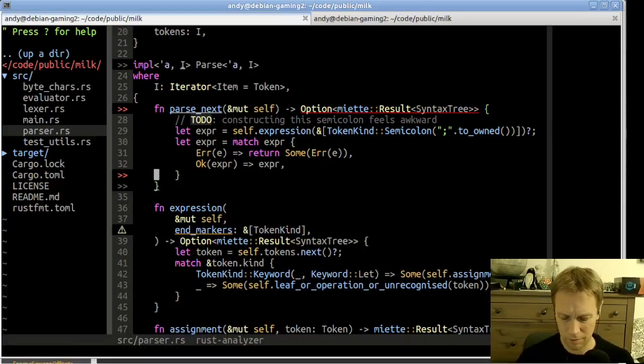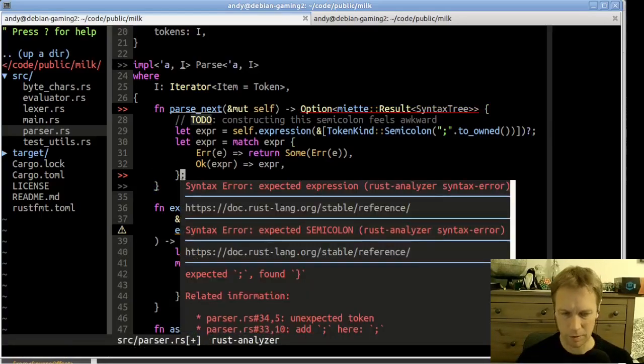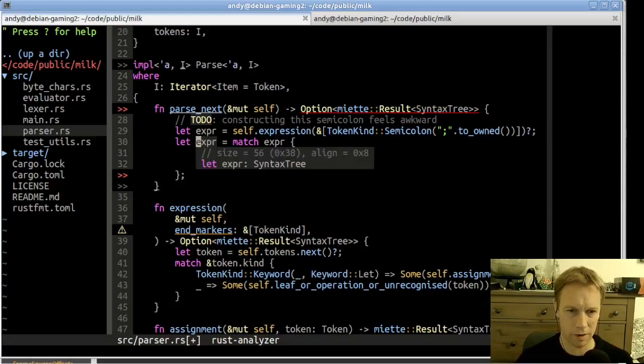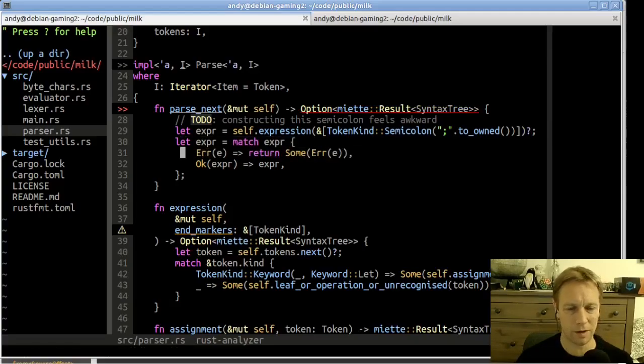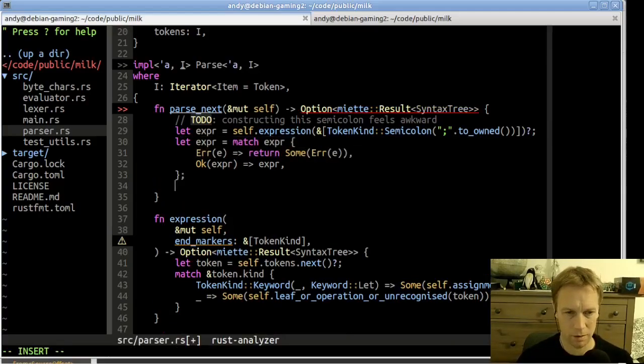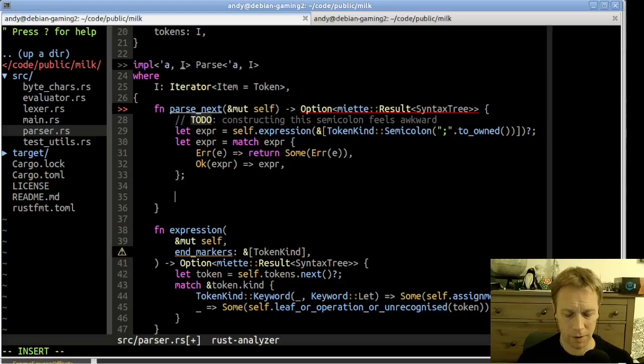So now the type of semicolon. So the type of expr is a syntax tree. So now we've got a syntax tree because otherwise we've quit out early. And that's fine. But then we need to find the next token. We finished parsing this expression. So either we've hit the end of the file or we've got some other token that was one of these end markers. In our case, we only passed in one end marker, so the only possible end marker would be the semicolon. So let's get the next token,